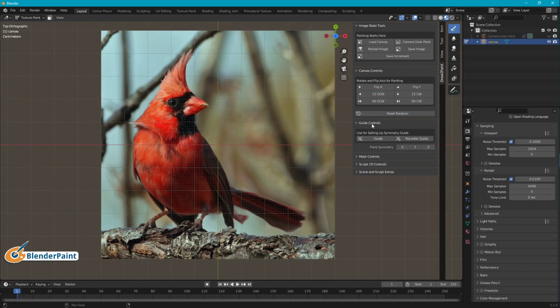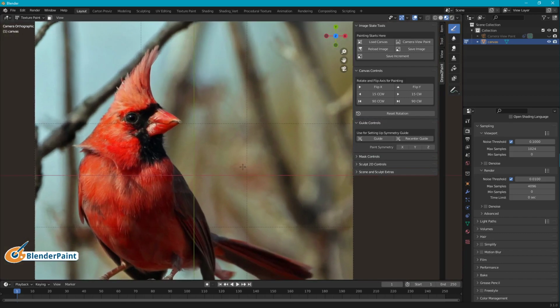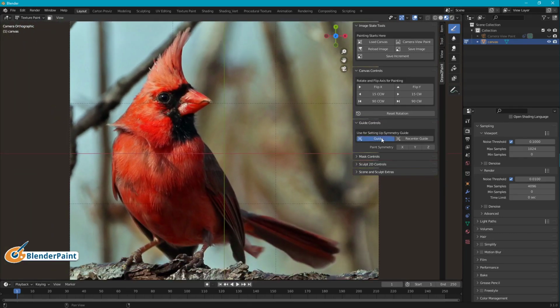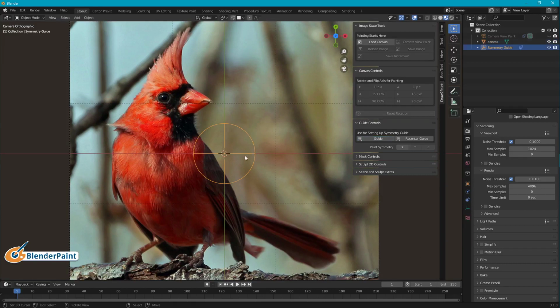This one is called guide controls. This is specific to me. This is something I like to do. So I add a guide. I'll go ahead and go back to camera though. I add a guide, and what that is is this object. Right now it's set to center. I'm going to grab it and I'm going to put it right at the eye,